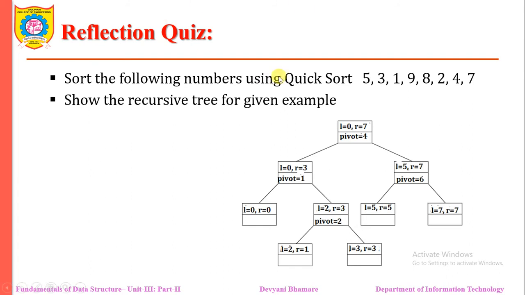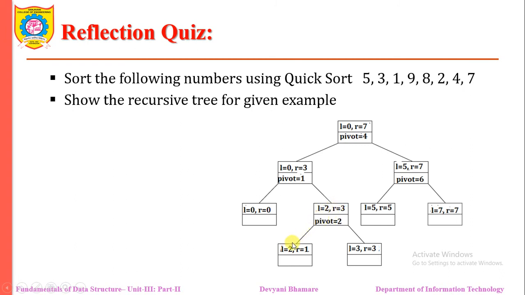The elements range from 0 to 7, as there are a total of 8 elements. The pivot will be in its appropriate place, at the fourth location, which divides the list into 0 to 3 and 5 to 7. Then we take the first array. Again we get the pivot element in its place. There is only one element on the left-hand side, so we need to skip. Then we have more than one element, with left as 2 and right as 3, so we sort using this technique.